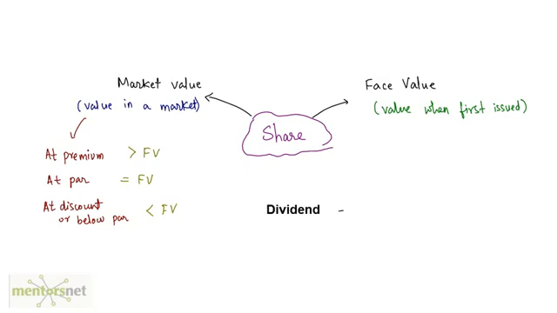Okay. Now there's another term associated with stock and shares, and that is called dividend. Now what is dividend? Well, dividend is the annual profit that you get on your investment while you buy the shares. The company pays you some profit annually because you bought their shares. Okay. Now sometimes there are brokers or agents involved when you purchase the shares of a company. So these agents do not work for free, obviously, so you need to give them some brokerage. So the broker's charge is called brokerage. It is given in percentages, and when the stock is purchased, the brokerage is added to the cost price, and when the stock is sold, you need to subtract the brokerage from the selling price.